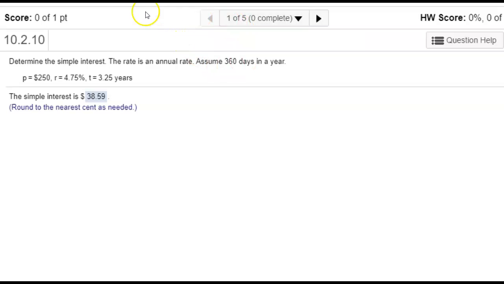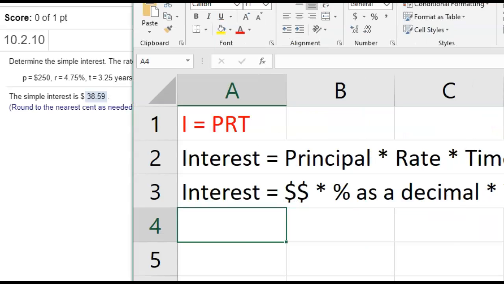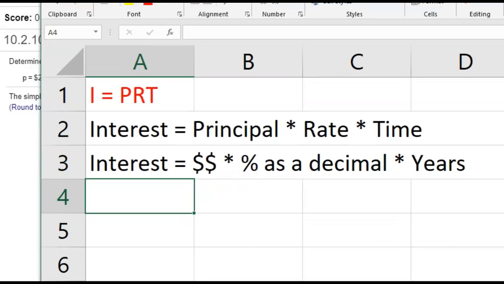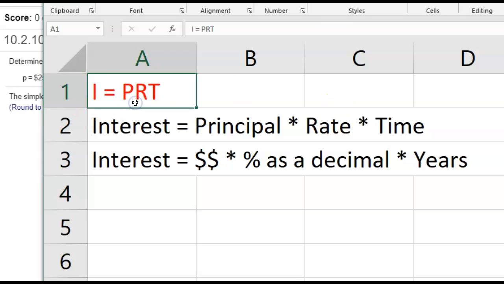In question 1, we are working with simple interest, and we have the information here about the principal, which is the amount invested, the interest rate we're earning, and the time in years that the money will be earning interest. So I'm going to do these calculations in Excel, and the formula for simple interest, the amount you earn is